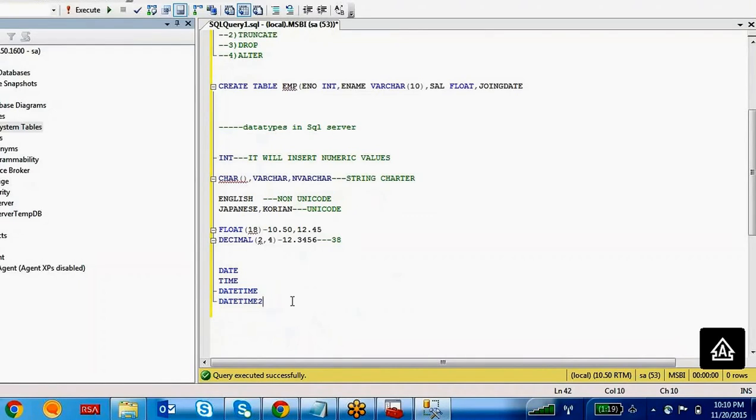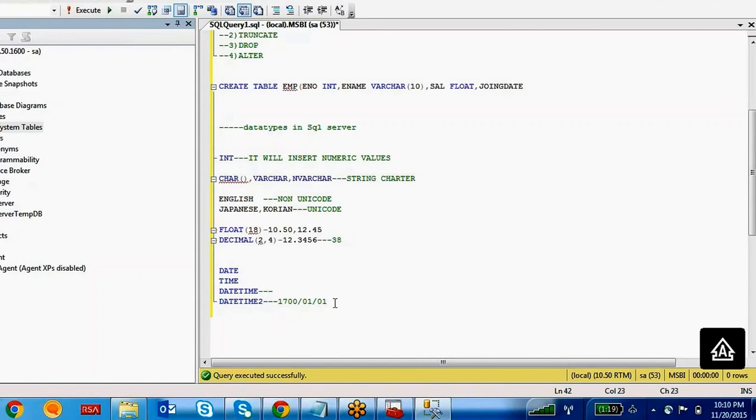Basically, if you want to maintain data from before the year 1700, you have to use datetime2. Datetime is for years greater than 1700 only, for example 2000, 2015, 2014. Below 1700, you have to definitely use datetime2.